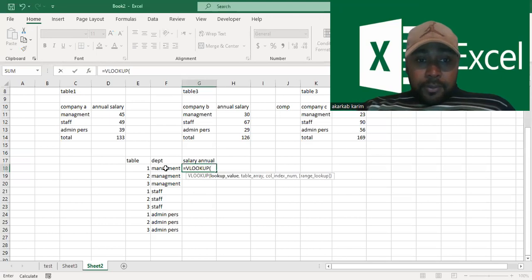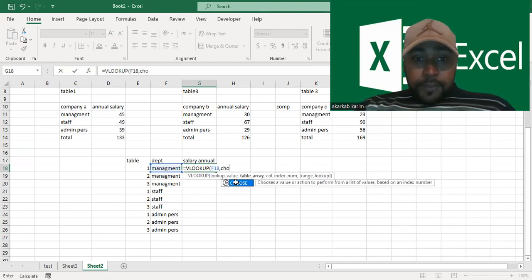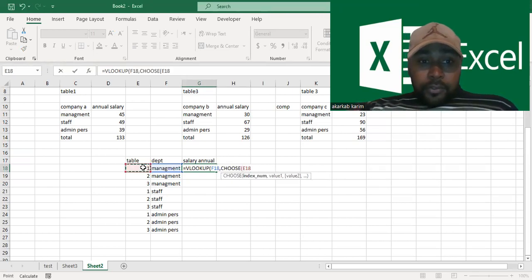the value that we want, in our case, is management, followed by a comma. We also apply the CHOOSE function. Okay, we choose the index, comma. We select the whole table 1, comma, but for that we need to fix